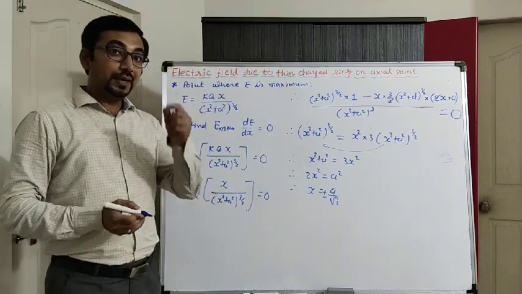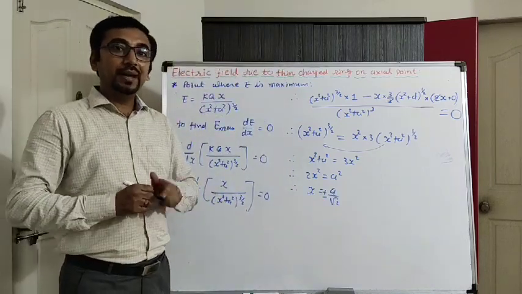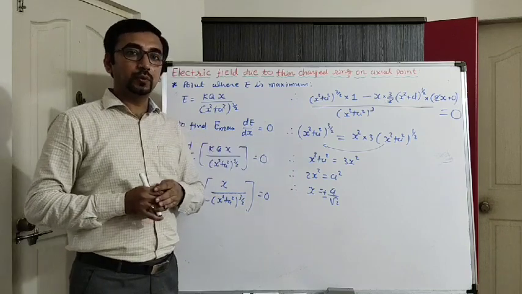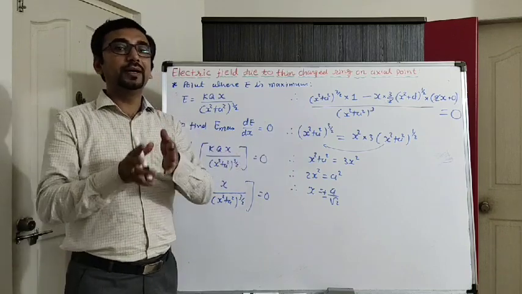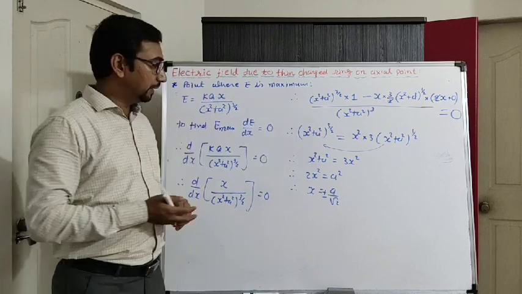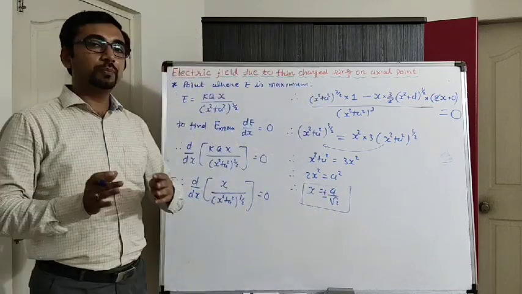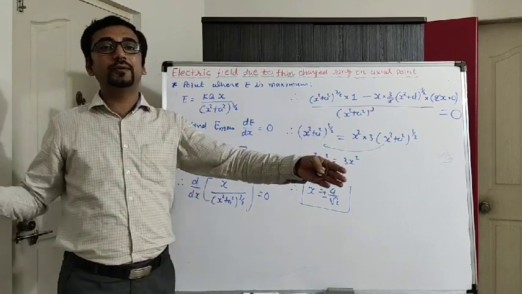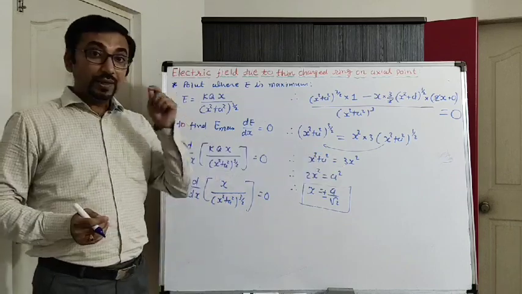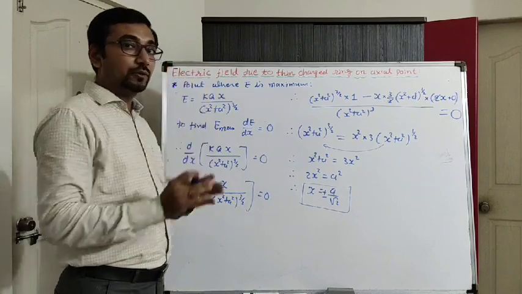That means the electric field will become maximum at a distance a upon root 2 on either side of the ring, on the axis of the ring. So these are the points where the electric field is maximum. So we obtain 2 points, one on the right side and one on the left hand side. Now if we want to find the maximum value of the electric field,